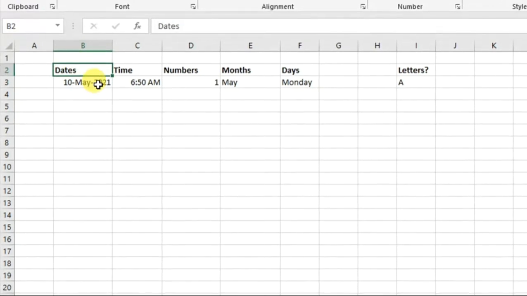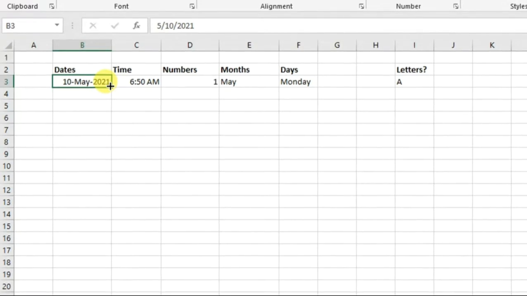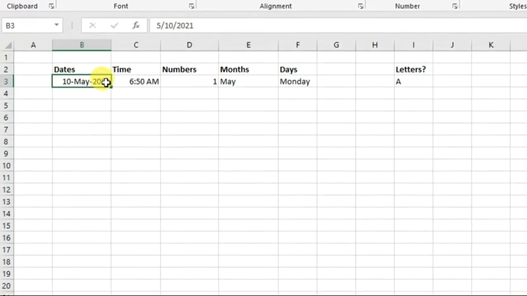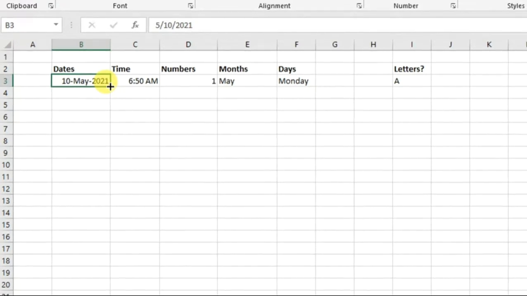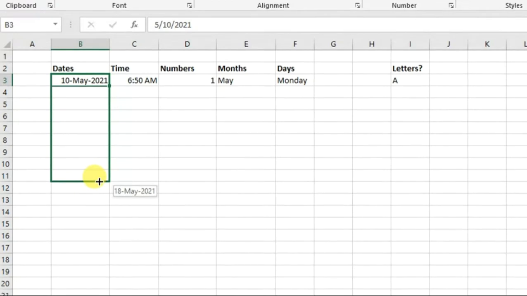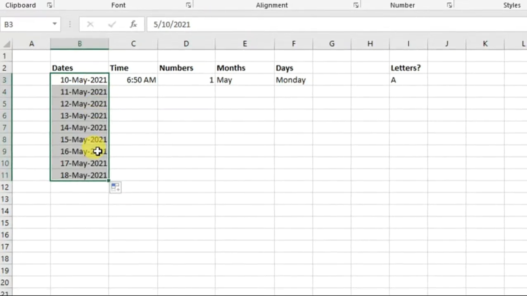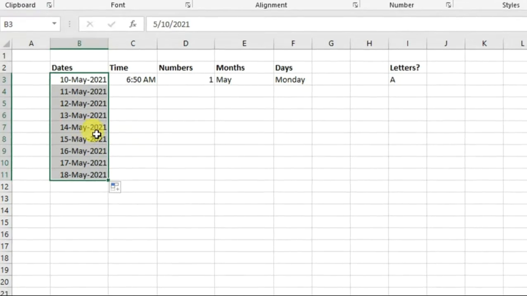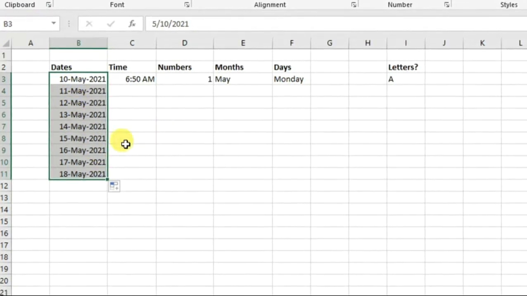If you want to autofill the dates with a gap of one day, you have to come to the right corner of that cell and drag it down like this. Then it will automatically fill the cells below with a gap of one day. So, 10th May, 11th May, 12th May, it will fill up automatically.